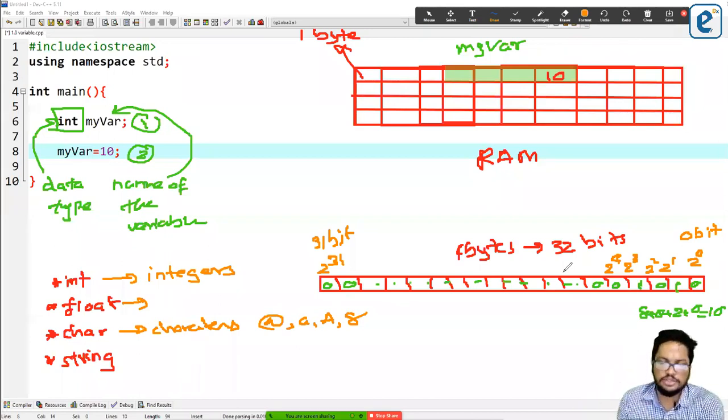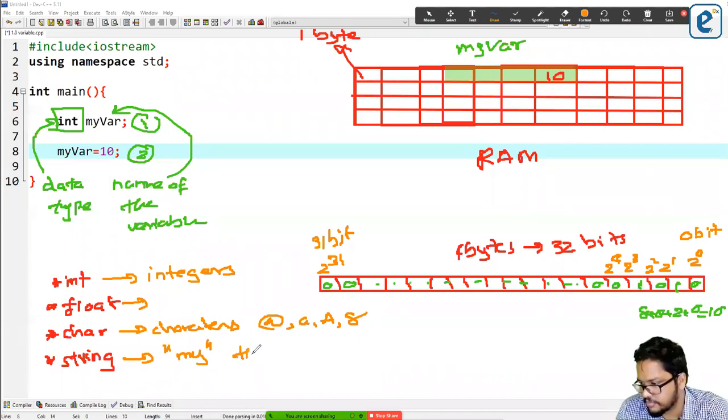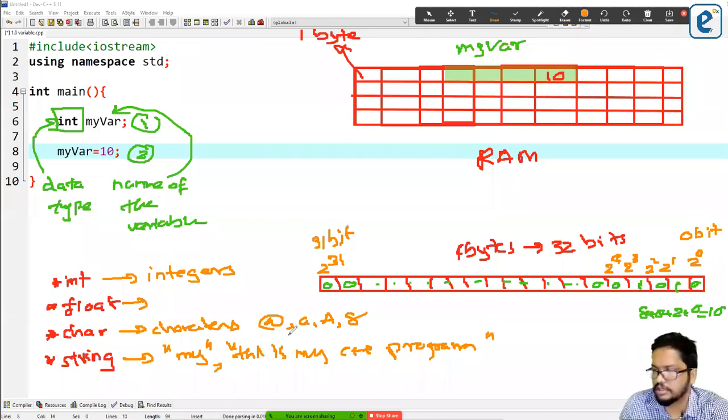Right? So strings, what do you mean by string? A string is a word or a sentence. It can be a word or it can be a sentence.